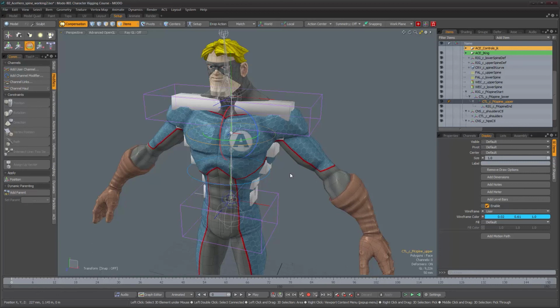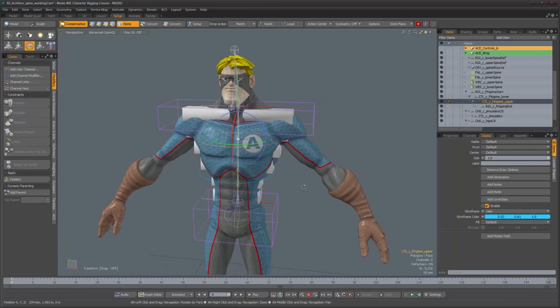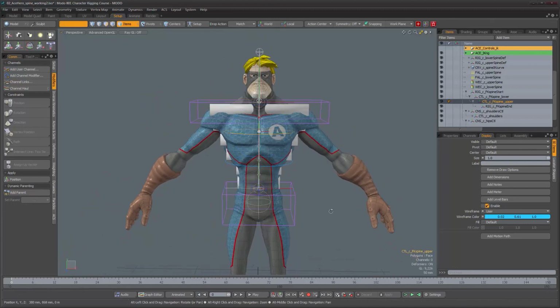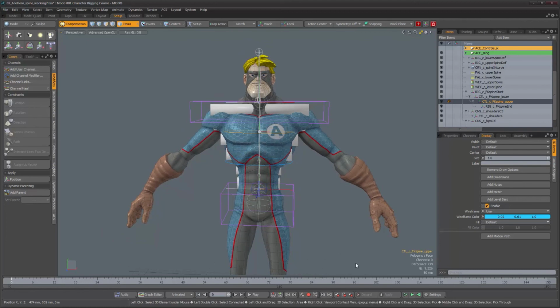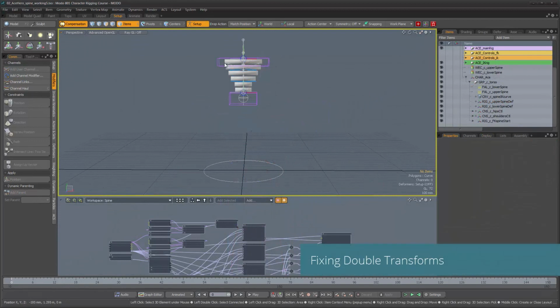Now, you might have noticed that we have some funky rotations going on over there with the joints, but that's a problem that we're going to look into to see what's going on and obviously how to solve it in the next video. So for now, this is our IK spine setup. It's working. Let's continue. All right, let's take a look at some of the problems that we're going to have